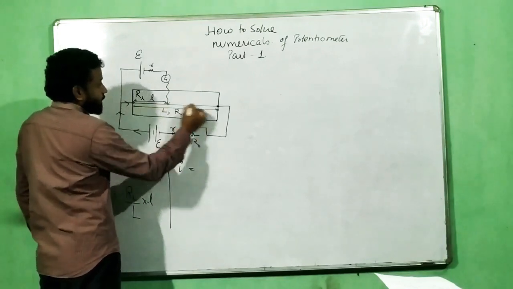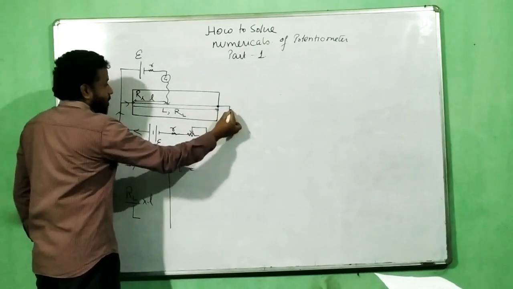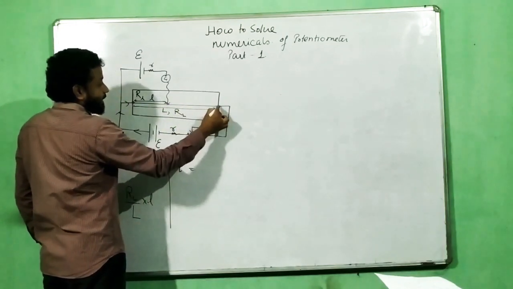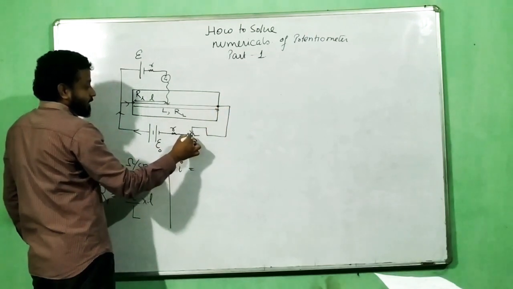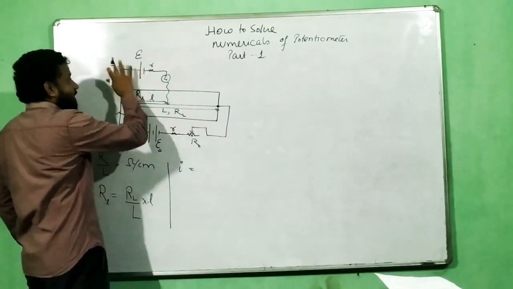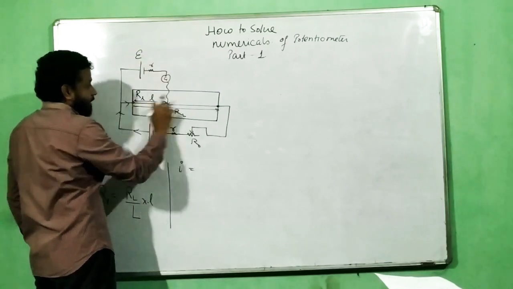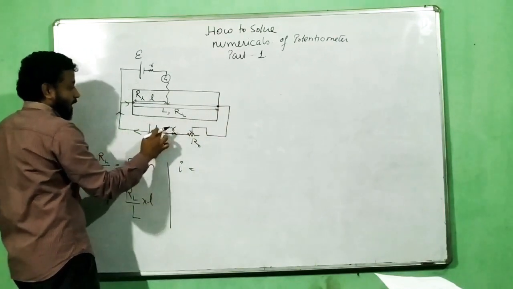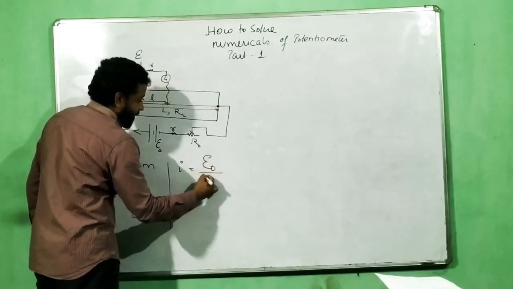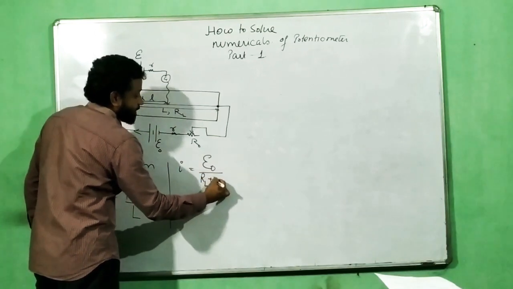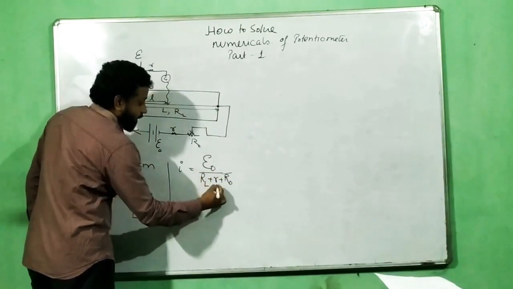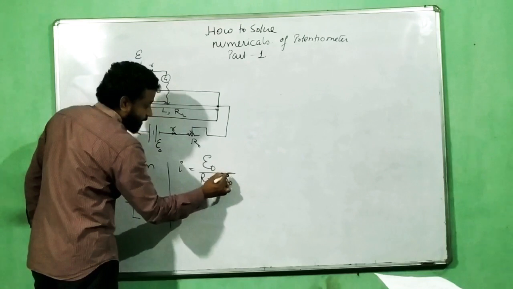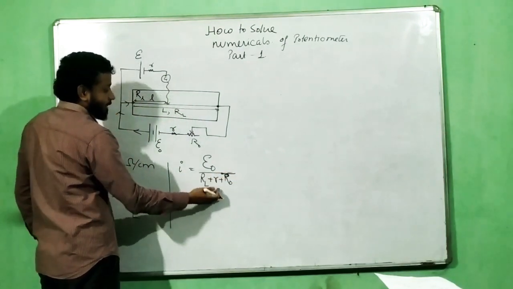Now if you consider this whole circuit as a primary circuit, how many resistors are there in series? R capital L in series, R naught in series, and small r in series. So in the balance condition, the entire current is flowing in this circuit. So this is RL, R naught, r. So the EMF E naught divided by RL plus R naught. Now the important part is that in some of the questions this may be there, may not be there.